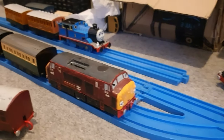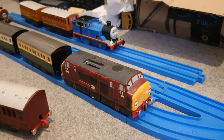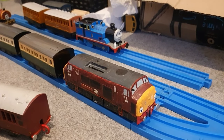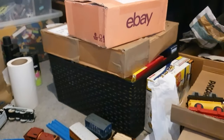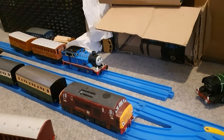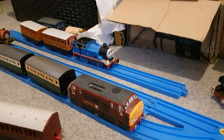Right, so while I've got all the Tomy stuff out here, I may as well make a little announcement. I'm thinking of thinning down my Tomy collection. It's been in the mind for quite a while, but considering I just buy more and more models and more stuff, something needs to give,